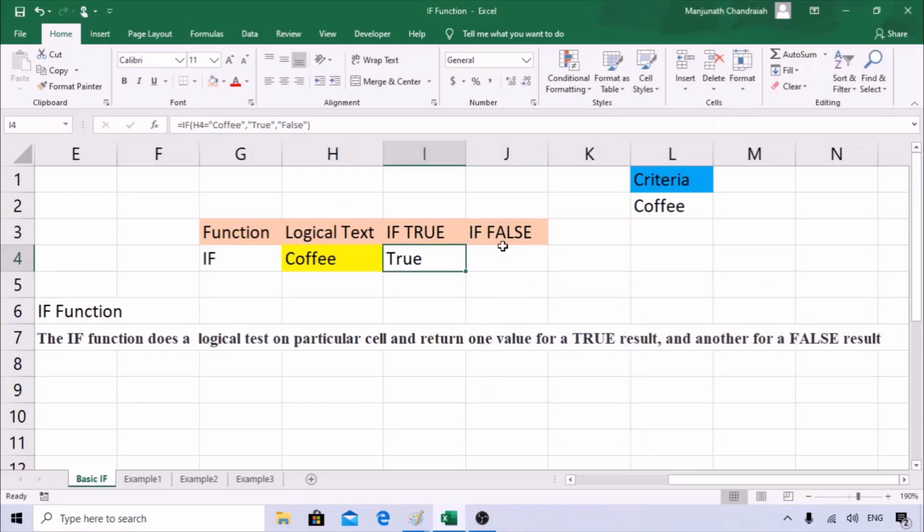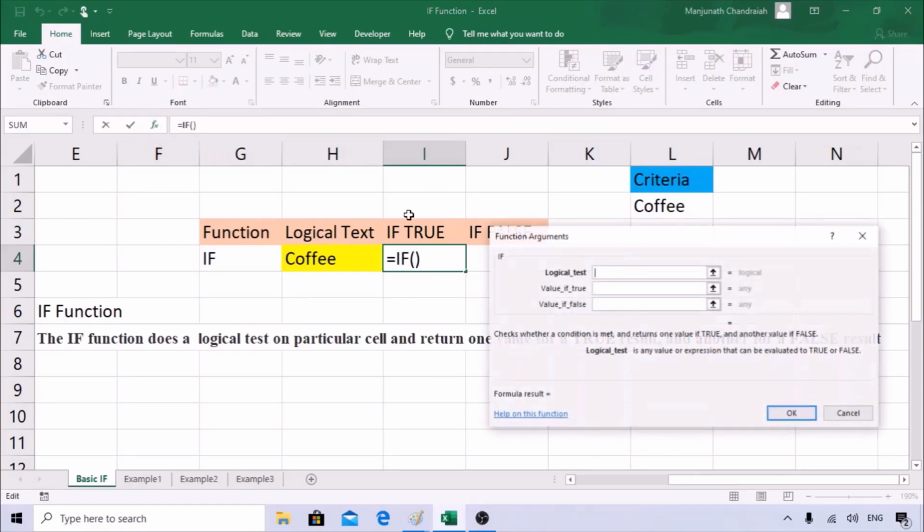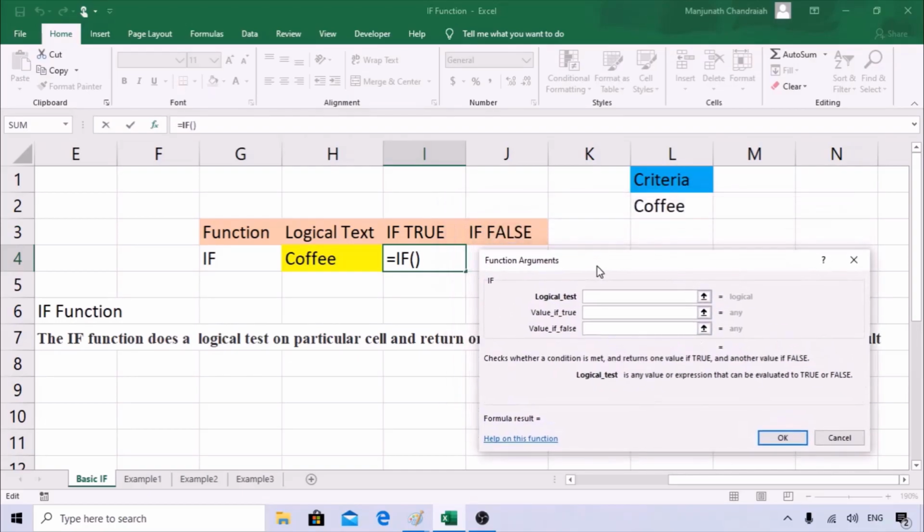So let's say he likes tea. You can use this function. A lot of people directly write the formula. That is also fine. So what's the difference between using this and writing it? Sometimes you forget, for example, you miss a comma. Here you use the easy option of where to fill what. If you click on this, you have the three tests, so you can easily input the necessary fields into the respective boxes.